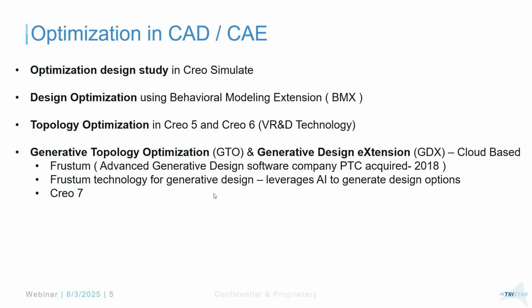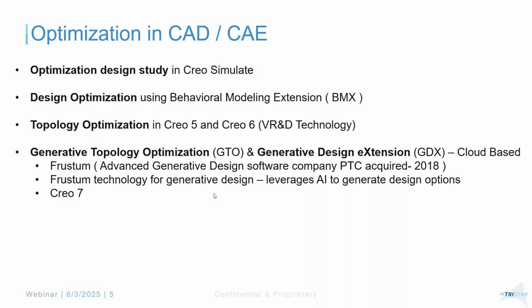There used to be their partner back in Creo 5 and 6. I hope all of you are Creo 7 and above by now. But if any of you are still using Creo 5 or 6, you still have to use that VR&D technology. But starting Creo 7, with the acquisition of Frustum, the AI company that PTC acquired back in 2018, they were able to use the Frustum AI engine. And based on that, they have these two extensions called Generative Topology Optimization, GTO, and Generative Design Extension, GDX,